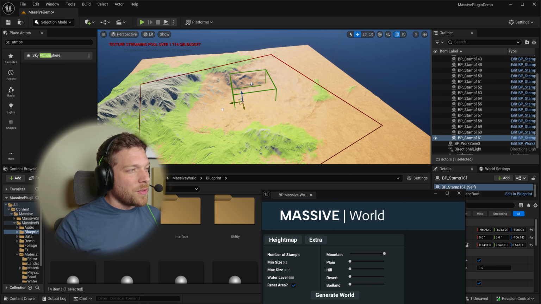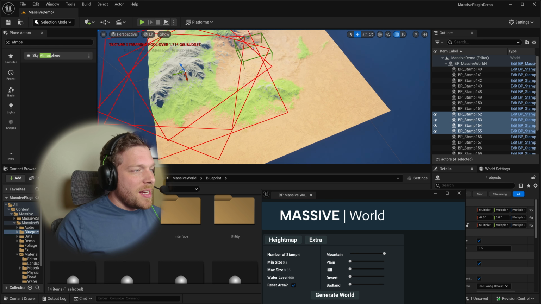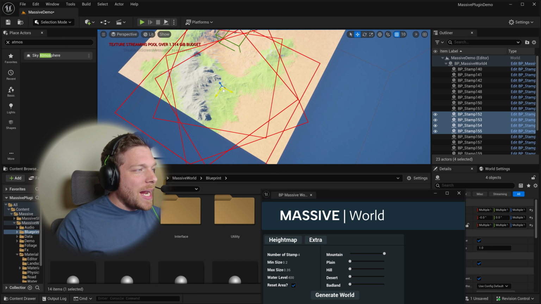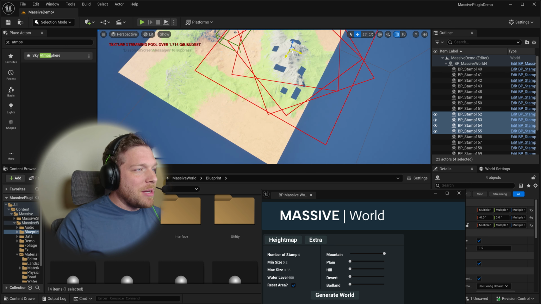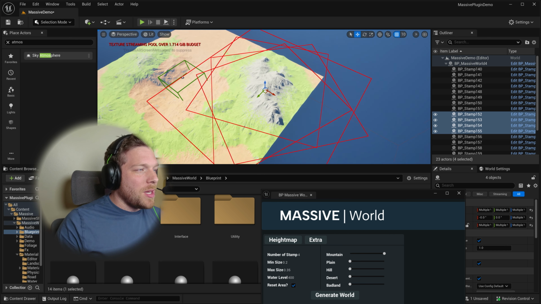And as I showed before, each of these new stamps that have been added are customizable. So I can move this over here. Let's say I don't want this mountain to be on this side of the map. I want it to be on the other side of the map. So I'm going to just click and drag this entire mountain to the other side of the map, and voila,